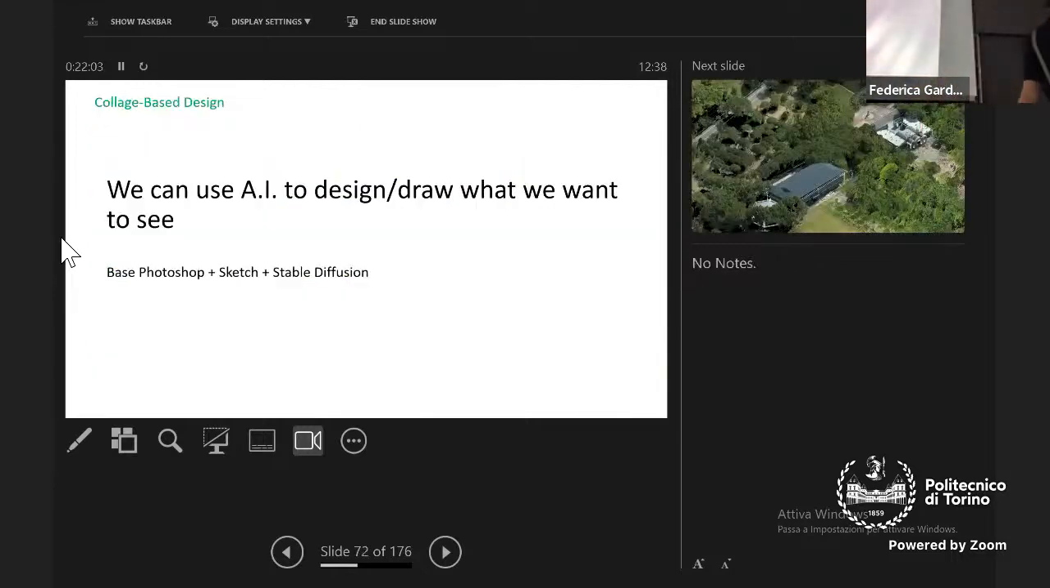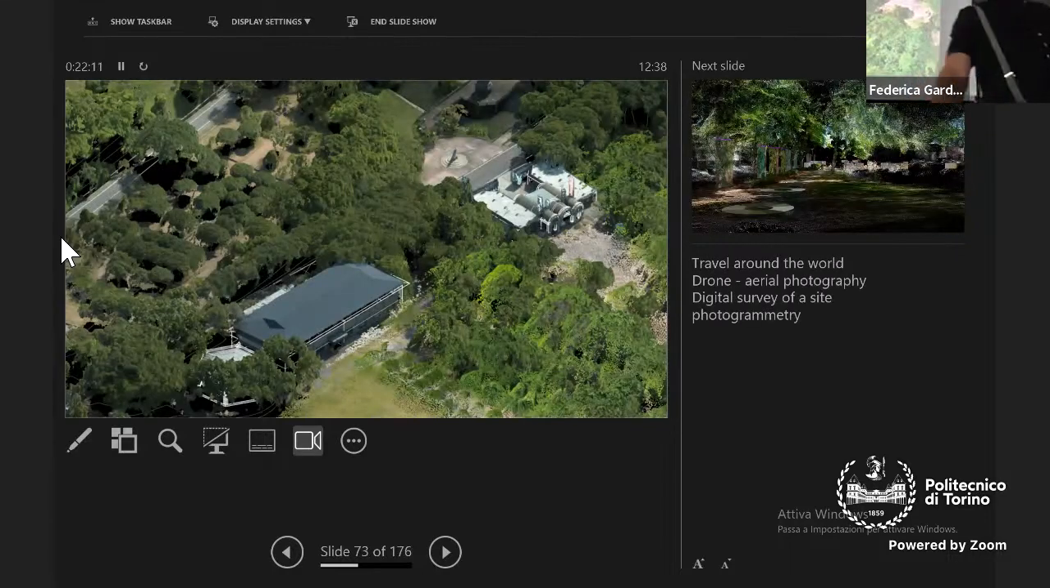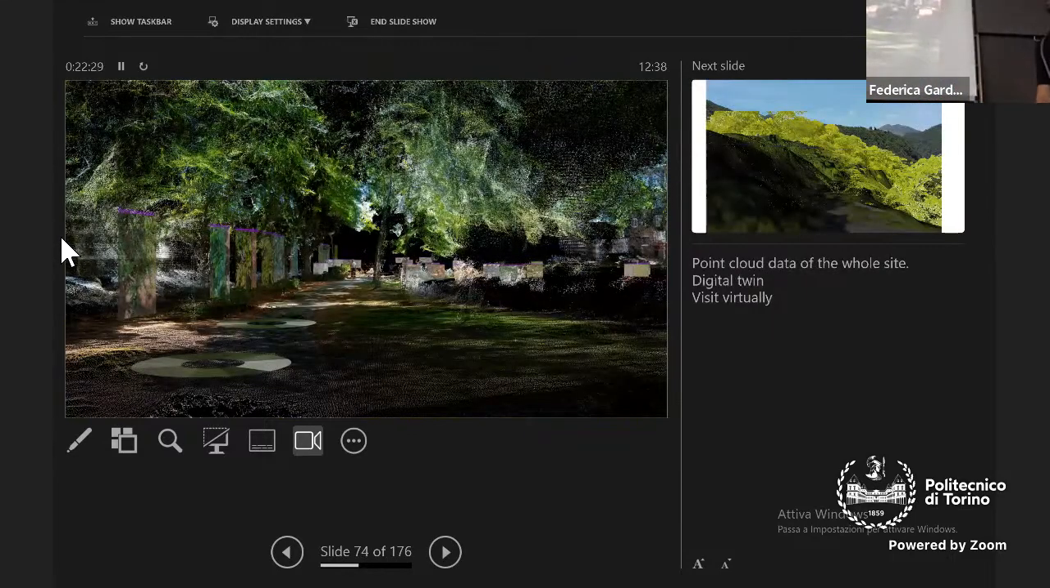And similarly with this project, what we found very interesting is that we can use AI to draw and see what we want to see. So someone from MVRDV traveled to this project site, and through drone and aerial photography, made a digital survey of the site through photogrammetry, and that allowed us to have point cloud data of the whole